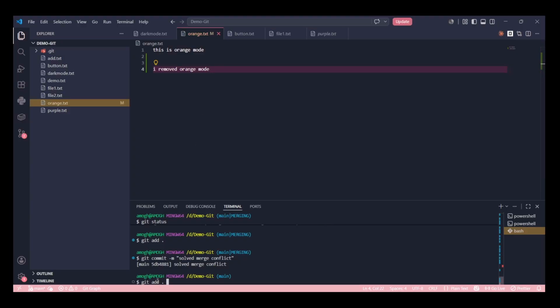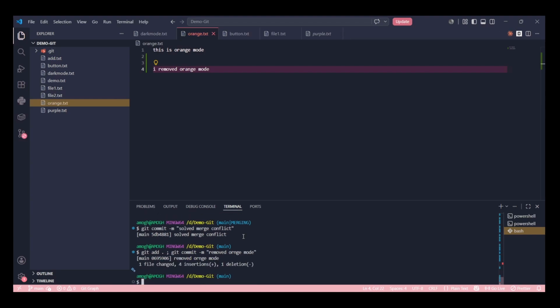I'll show you something, guys. You can do the git add and the commit in the same line. Hope this works. Removed orange mode. See, we have added it and committed in the same line.